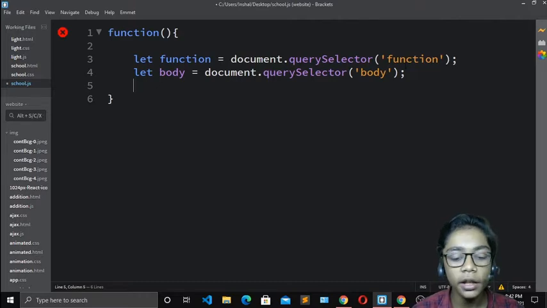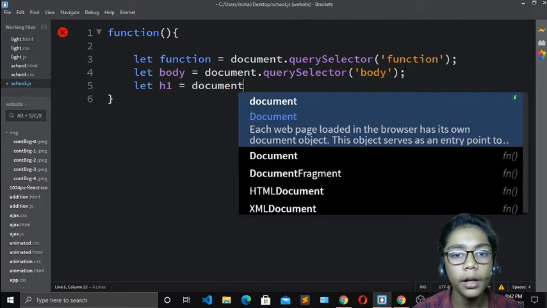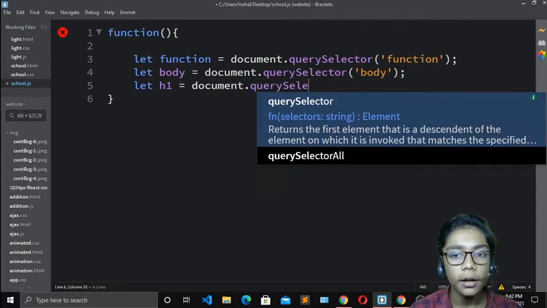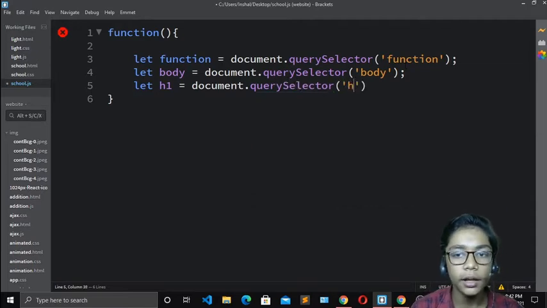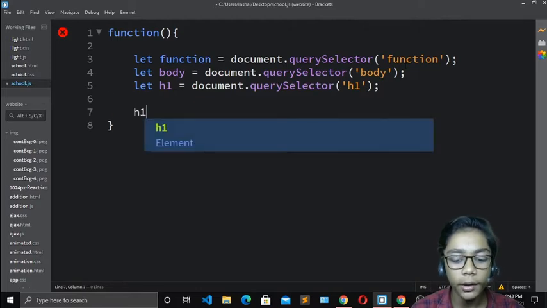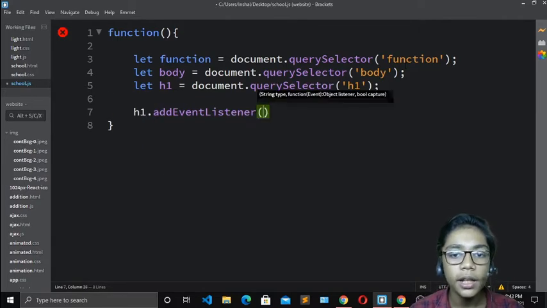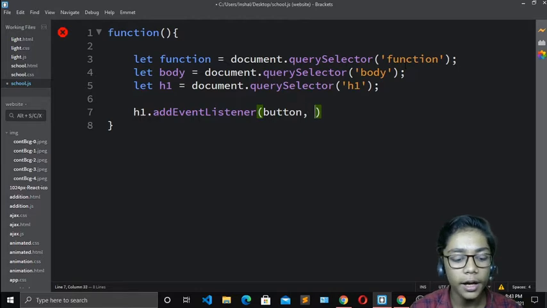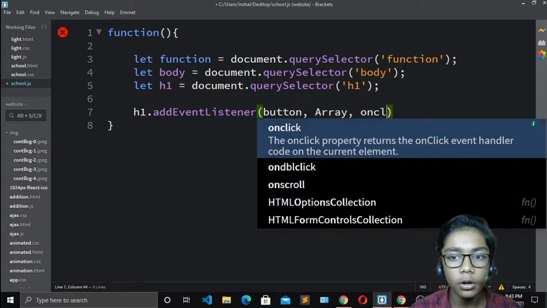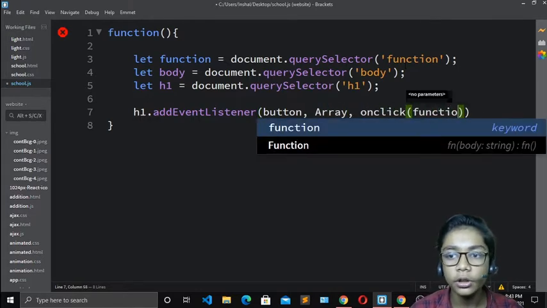Okay, so now when you've done that, go to your script.js again. Here you have to write let, and then write anything which is called over here. Again write h1 equal to document.querySelector, and write the h1 tag. It is a tag, so I am not putting any dot at the start. Write h1.addEventListener, then write button, comma, onclick function, and in that I will add function.